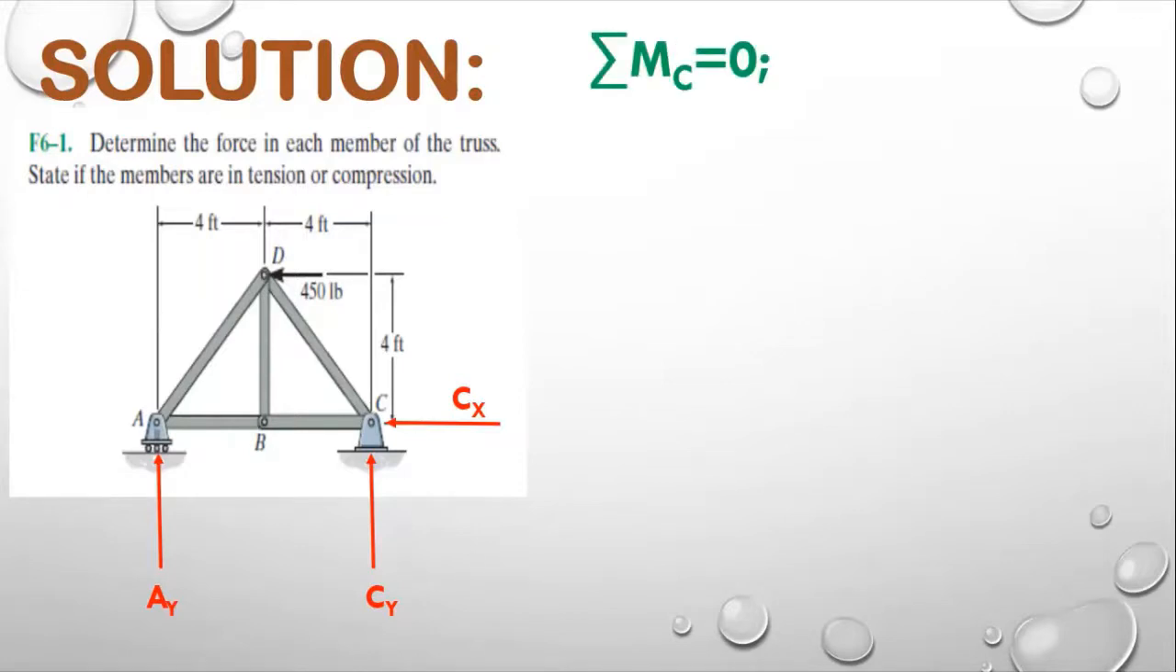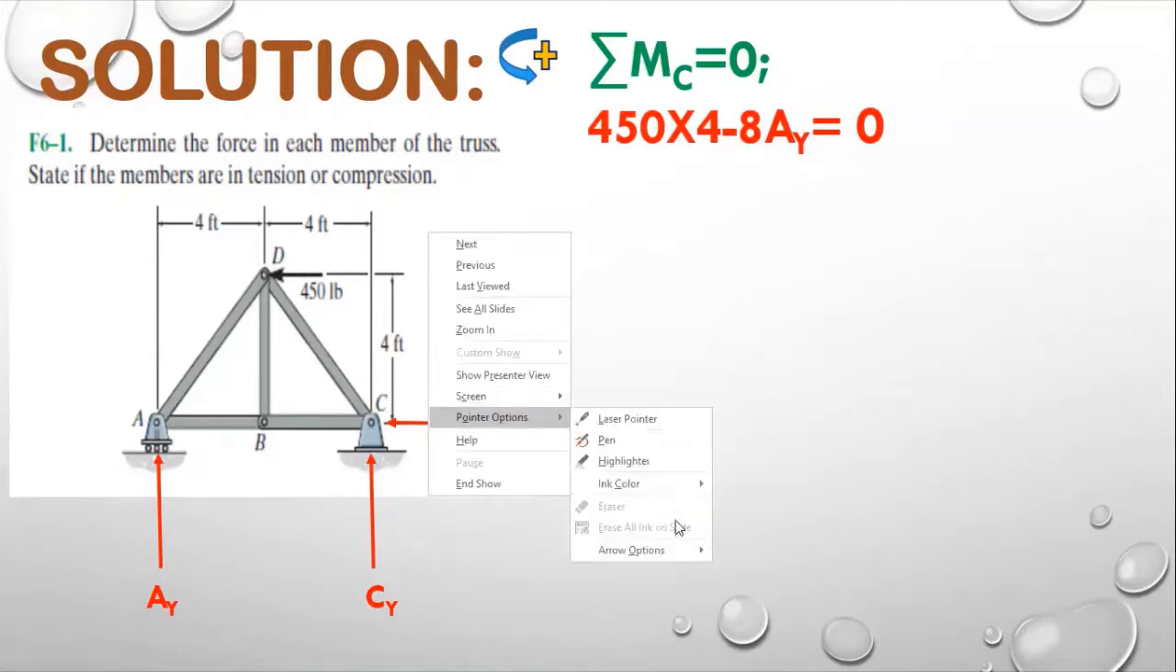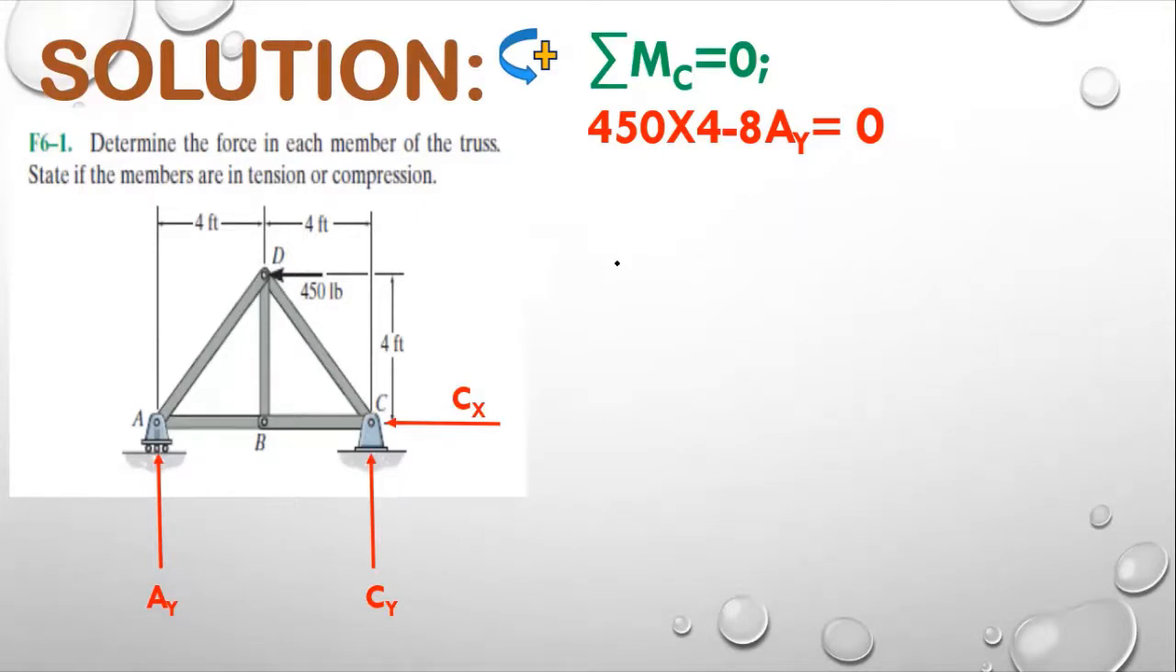Now we are going to sum up moments at C. Why are we going to sum up moments at C? Let me check. Or rather, I am going to take a different color of pen. Let me tell you, at joint C, if we sum up moments at joint C, for example, Cx is 0 and Cy will become 0. So for example, if we are going to sum up moments at C,